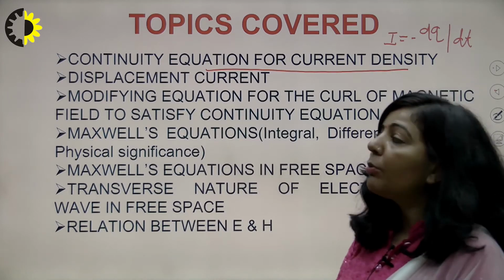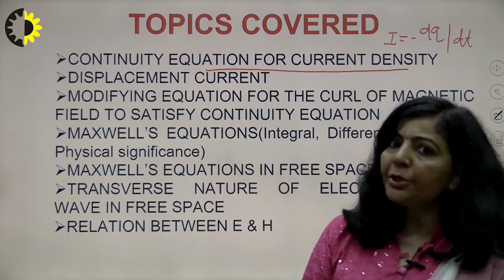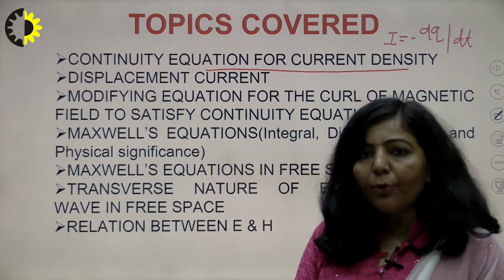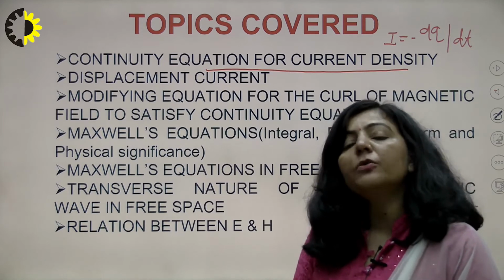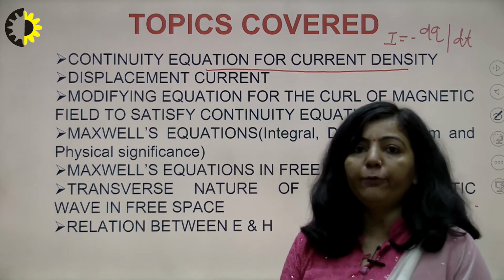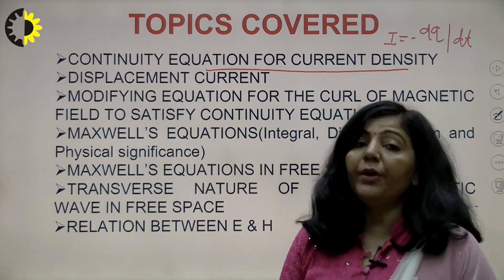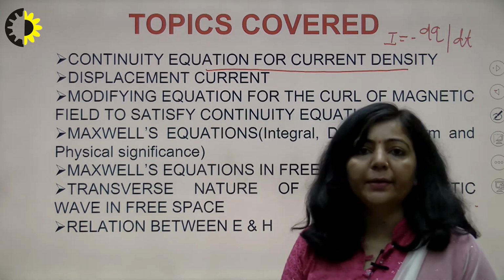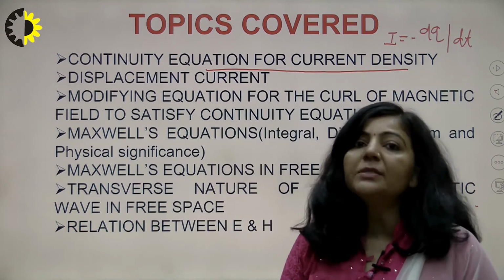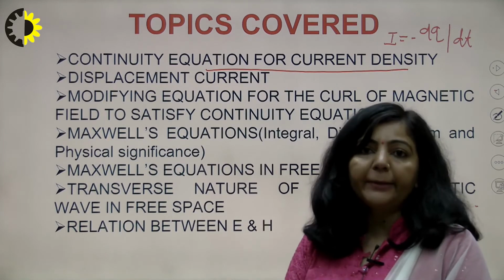Second, we discussed the displacement current. In this we discussed that in addition to the normal conduction current, which is due to moving charges, we have one more type of current which is there because of a time varying electric field. Whenever you have a time varying, changing electric field, because of that there will be a magnetic field, and whenever you have a magnetic field, you can say there is current. The current due to a time varying electric field is known as displacement current. And we explained this concept with the help of a parallel plate capacitor.